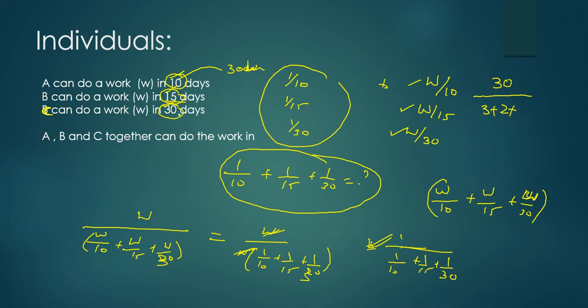In 1 day, in 30 days C is doing 30 units. So per day C will do how many units? 1 unit. Simple. 30 by 6, which equals 5 days. In one go you can solve this question, 5 days. Okay,